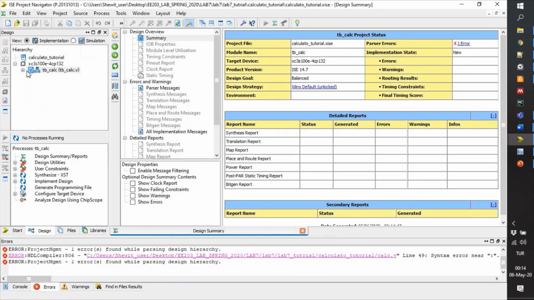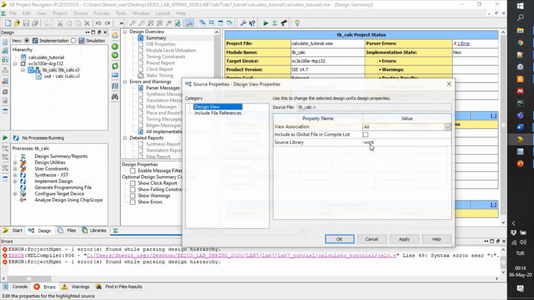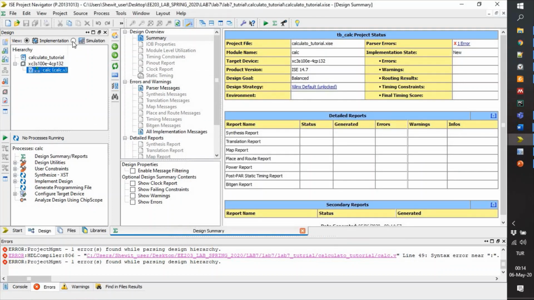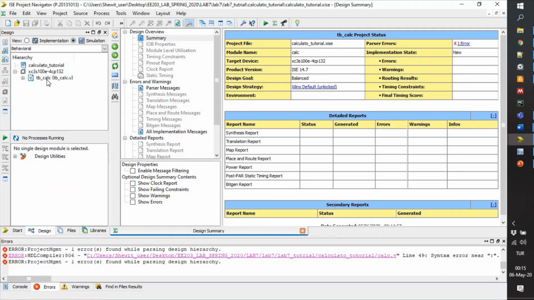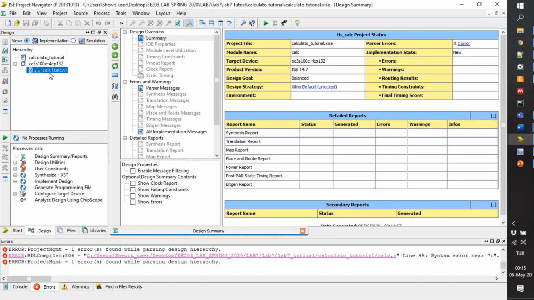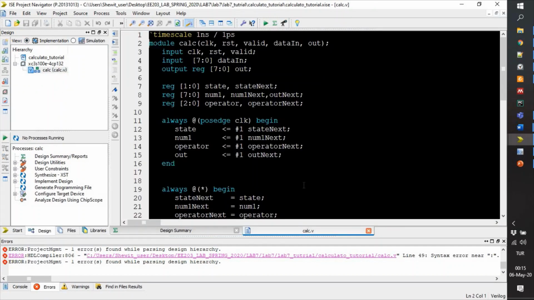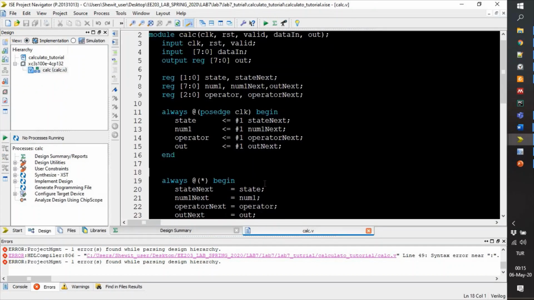After adding these files, do not forget to take this one into simulation, apply, okay. Now we have it here already. Test bench is here. Let's go back here and let's check our code. So as you can see,